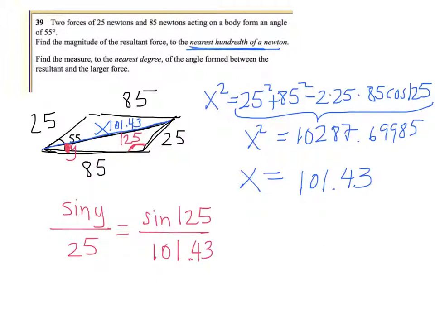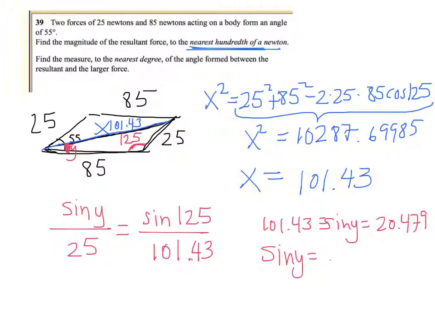If we cross multiply here, 101.43 times sine of y equals 25 times sine of 125, which is 20.479 approximately. Divide by 101.43. Sine of y equals 0.2019. Do sine inverse of that, and y is approximately, to the nearest degree,